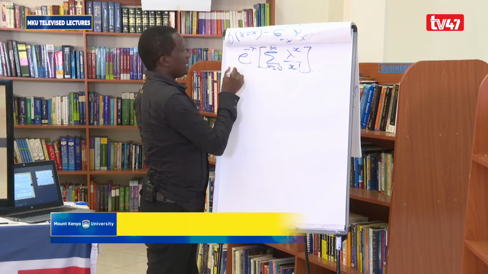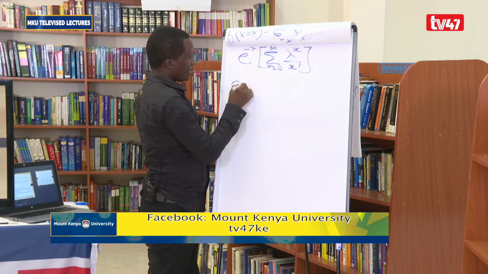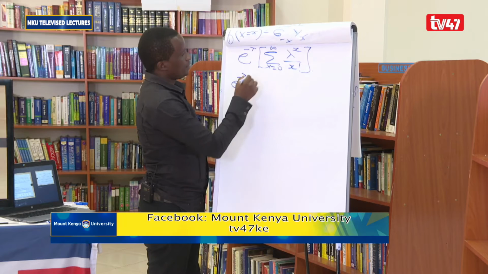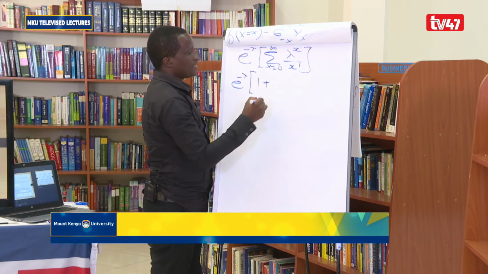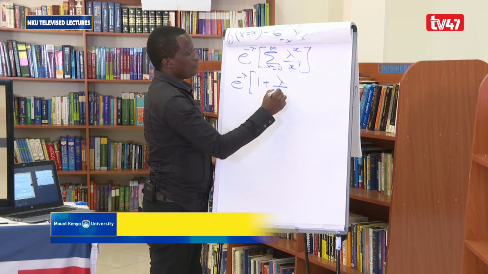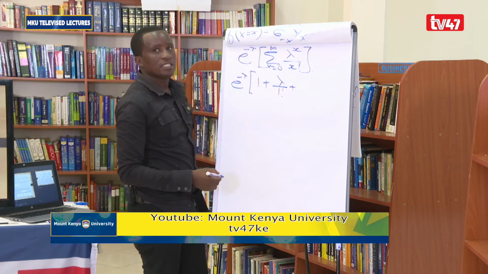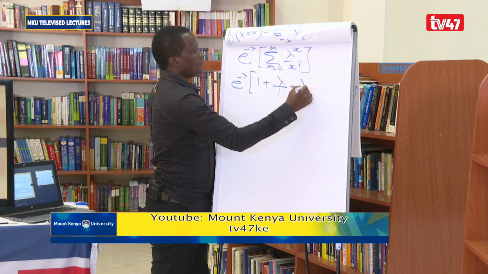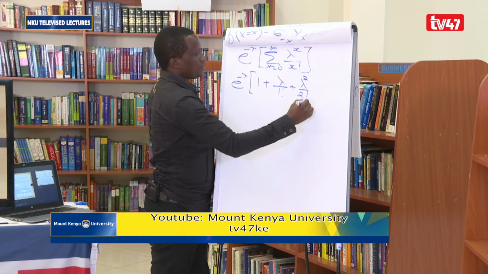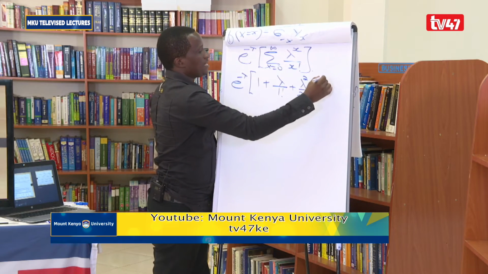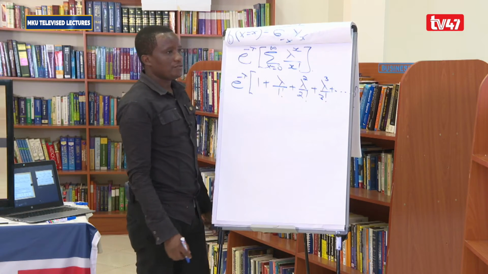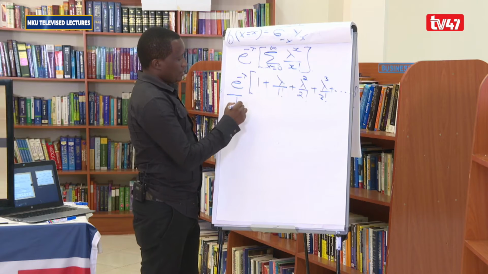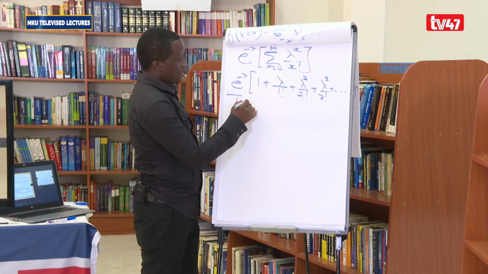Now this is the same as exponential negative lambda times the sum. If I put 0, I get 1. Plus, if I put 1, I get lambda all over 1 factorial. If I put 2, I get lambda squared all over 2 factorial. If I put 3, I get lambda cubed all over 3 factorial, and that should continue all the way to infinity. But considering Taylor series expansion